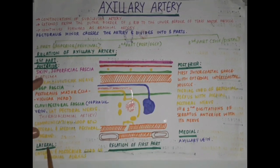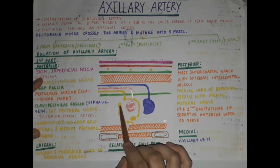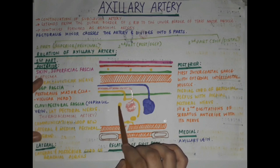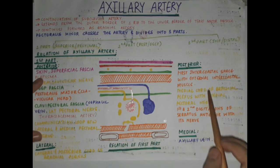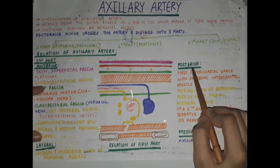Lateral to the first part of the axillary artery, we have the lateral and posterior cords of the brachial plexus. This is the posterior cord of the brachial plexus. This is the lateral cord of the brachial plexus. Posterior to the first part of the axillary artery,